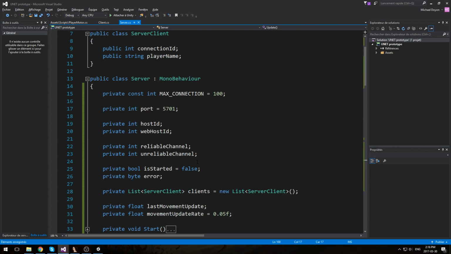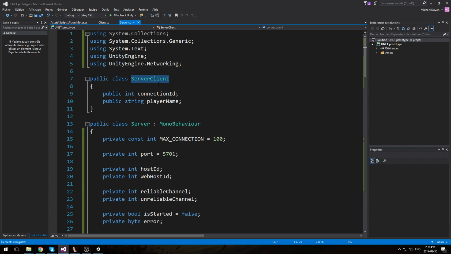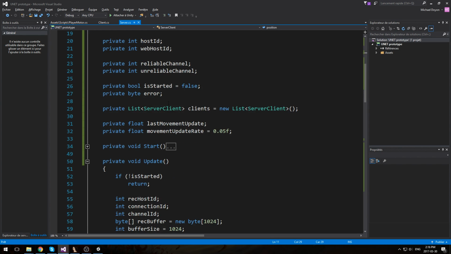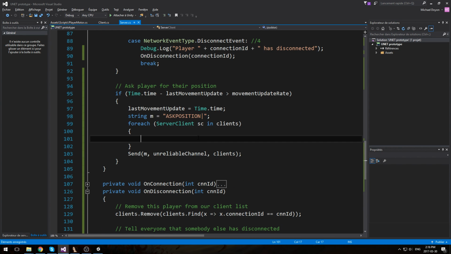Do we have a definition? We don't have a definition for the position, but I'll put it in here. Public vector3. I don't know if I should be storing this as a vector3, but we are going to try position, and we are going to do the client ID first. So let's do connection ID, and then split that with a modulo sign, then